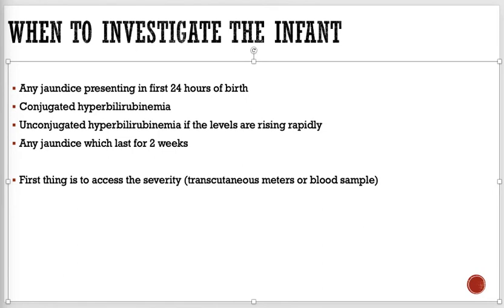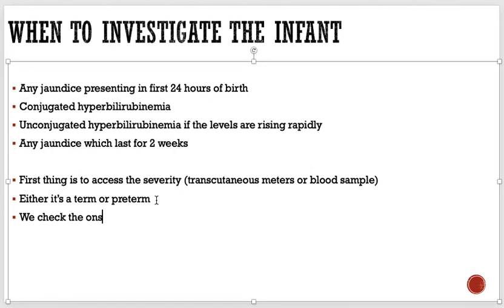And then, of course, you must check whether it's a term baby or a preterm baby. Because preterm babies get more pronounced jaundice. So they have a lower threshold of treatment if they are preterm. Then the third thing is simply, we check